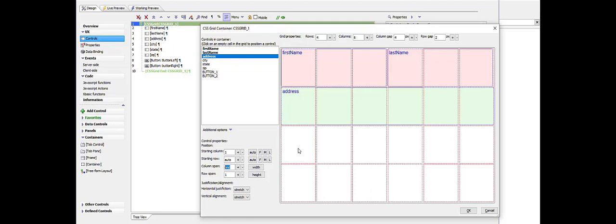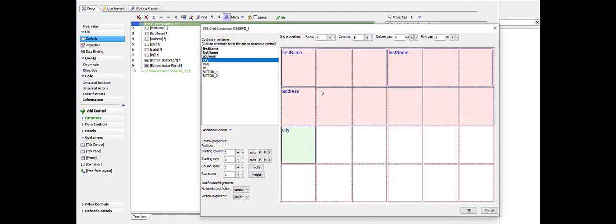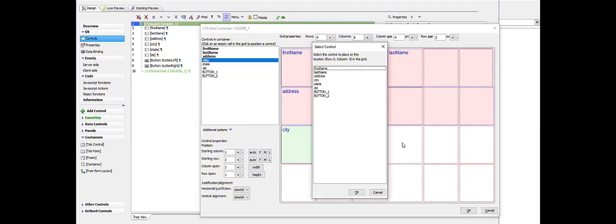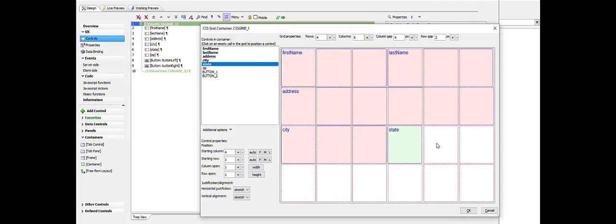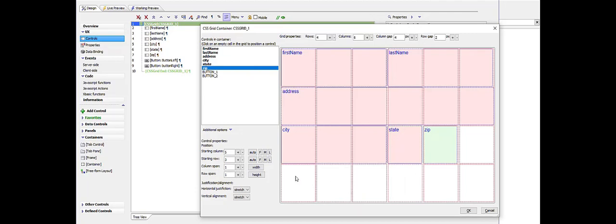So then we'll go to the next row and we'll put the city field here with a span of 3. So we'll go there and say city. And then we'll go and we'll set the span to 3. Then we'll go here and we'll put the state field with a span of 1. And then finally we'll put the zip field with a span of 2. So we'll go there and say span and then a span of 2. So this means that the city field will always be 3 times the width of state, and the zip field will always be twice